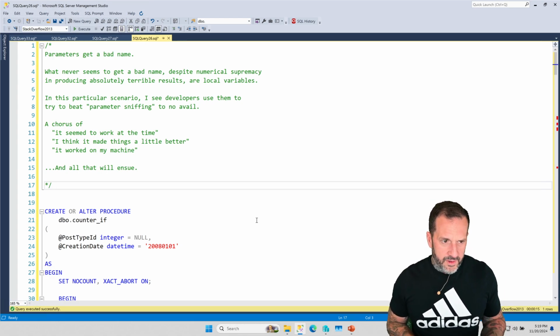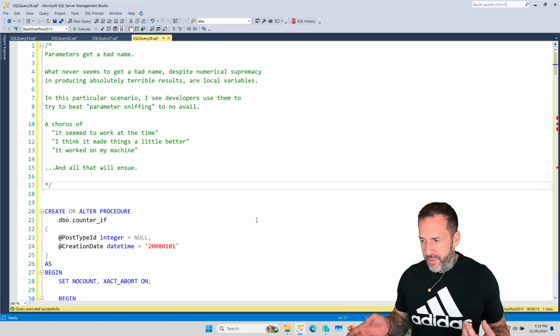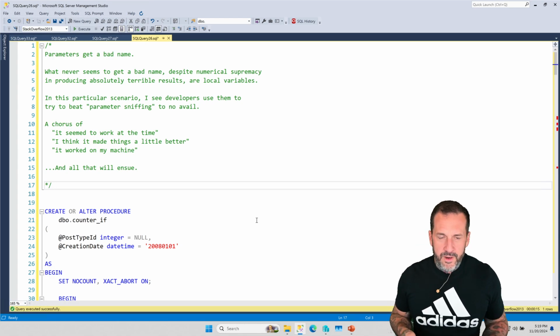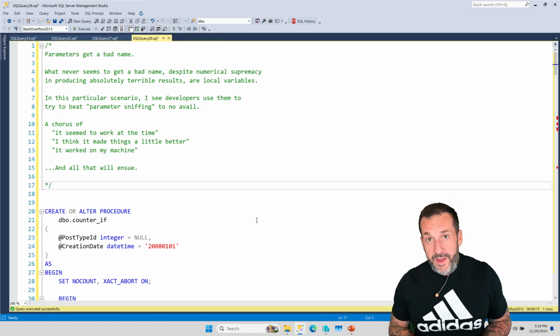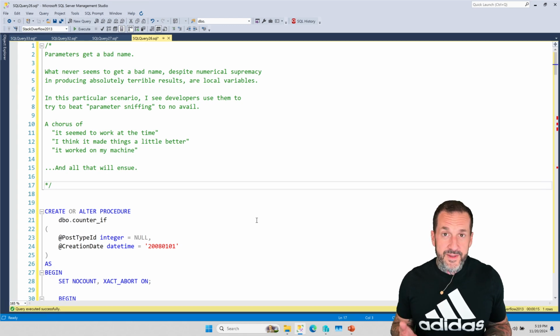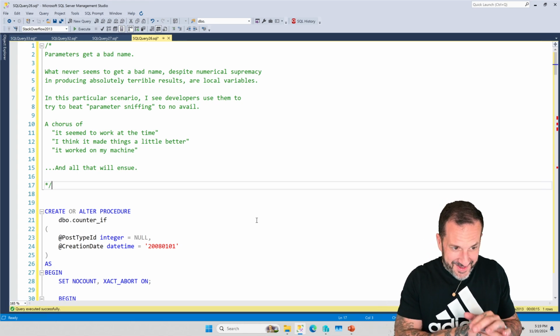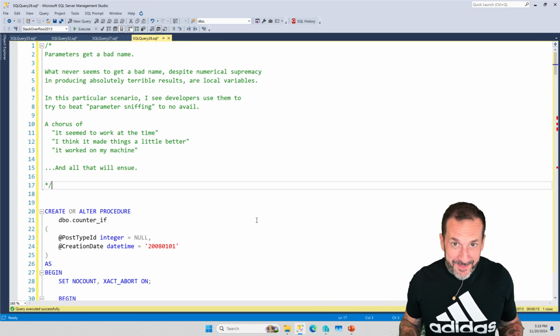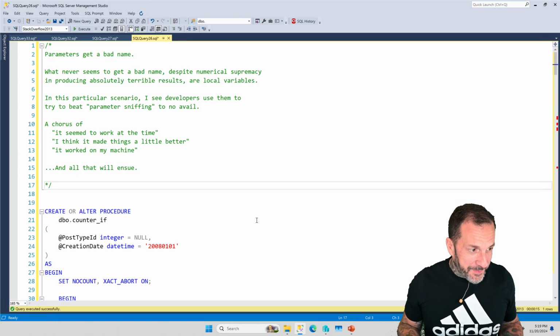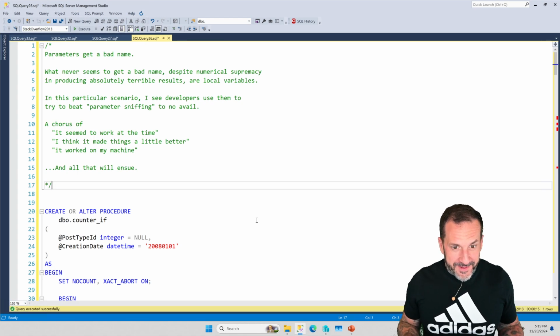They're like, oh, we had some parameter sniffing, so we just turned off parameter sniffing and we got a crappy plan for everybody, and it was better. Well, I refuse to accept that. If you're calling me to talk about performance problems, and we see a performance problem with a stored procedure doing this, it's not fixing the problem. You have not fixed it. You have disabled parameter sniffing. It's probably not a good thing.